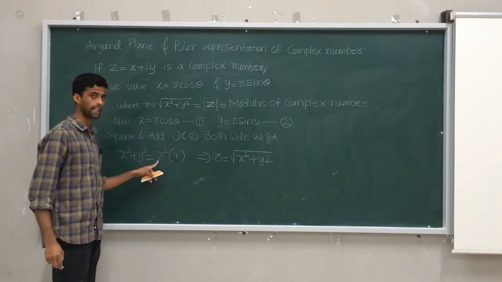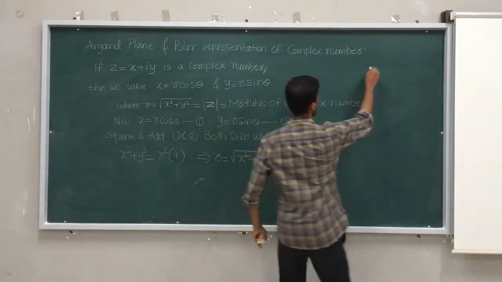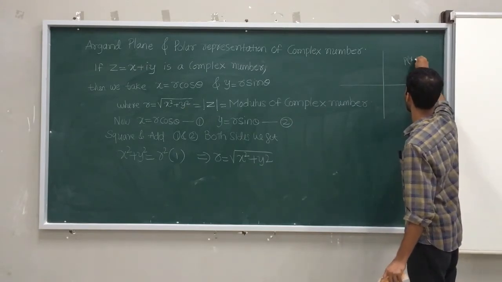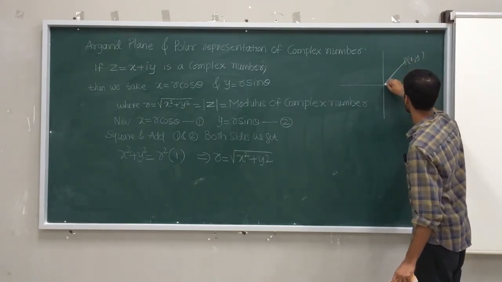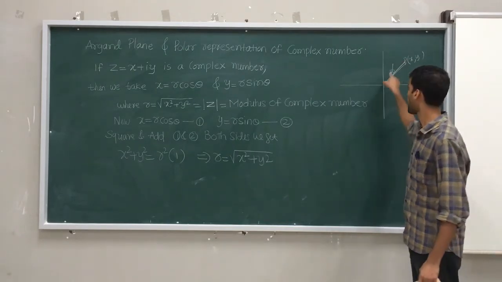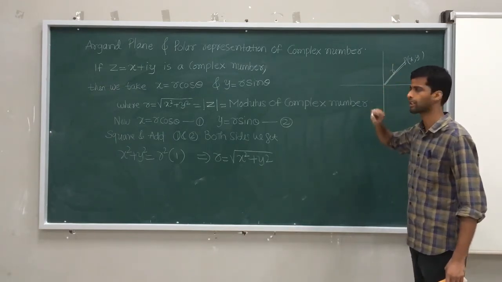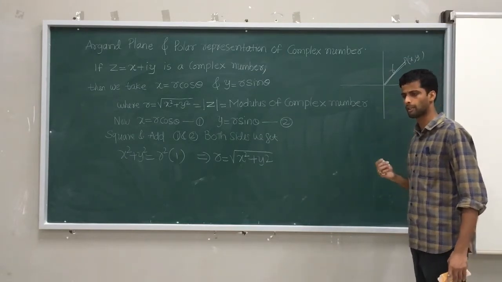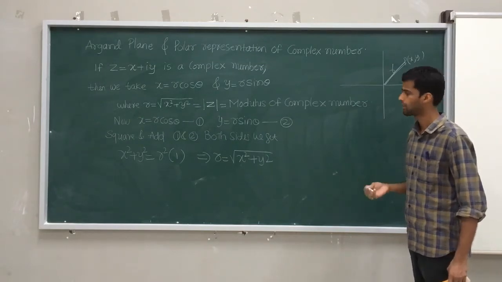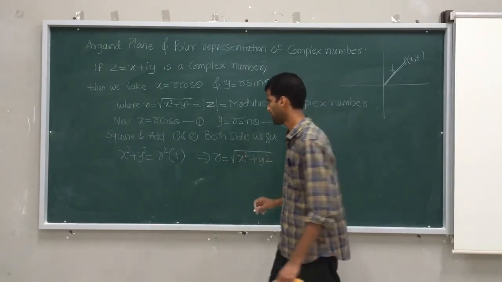Now you may ask, as r is plus or minus, why have we neglected minus? Always keep in mind, if this is a complex number, think of it as a point P of x comma y. This distance is called r, and we never say a distance is negative. Therefore, r indicates the modulus of a complex number, which indirectly gives the distance between these two. We always say between Hubli and Belgaum it is 120 km. We will never say minus 120 km. It's nonsense, so I will neglect negative and take positive only.